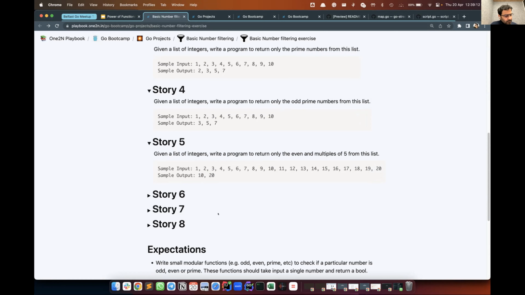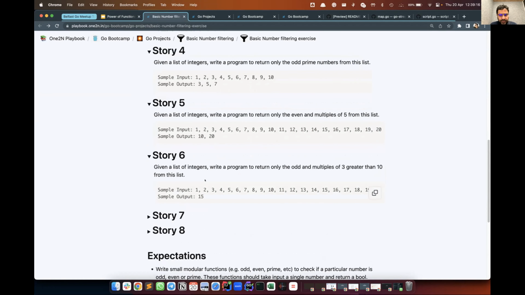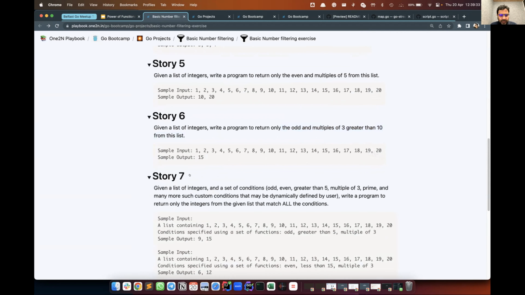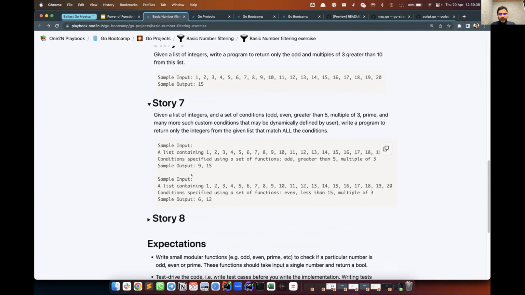For the lack of time, I'll just probably skip this, but we'll move forward with the next story and see where it takes us. We have odd and multiples of 3 greater than 10 from the list. So it's not just 2 conditions, it can be many conditions, right? Again, I'll just get to the crux real quick, and then let's look at the next story, which is where it talks about